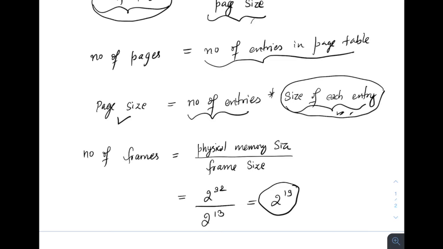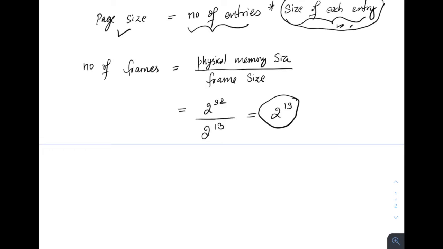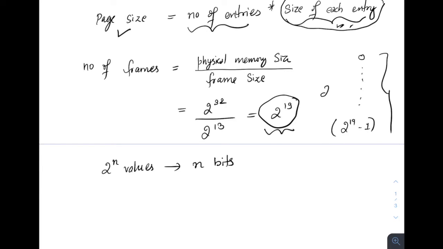Now from this, how can we find how many bits are required to store each frame? So again, go to the basics of binary. For 2 power n, I mean, if you have 2 power n different values, you require n bits to store them. Here you have 2 power 19 different frame values, right? So frame number will start from 0. The last value will be 2 power 19 minus 1. Total number of values is 2 power 19 here. Now to represent these total 2 power 19 values, how many bits do you require? 2 power 19 values, you require 19 bits,